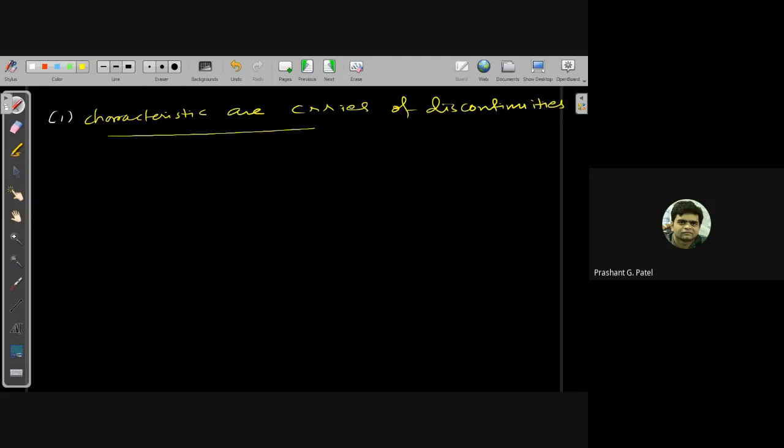That means if the characteristics carry the discontinuity, let us consider the initial shape of a string. If you consider a string, its initial shape we will consider to be triangular,